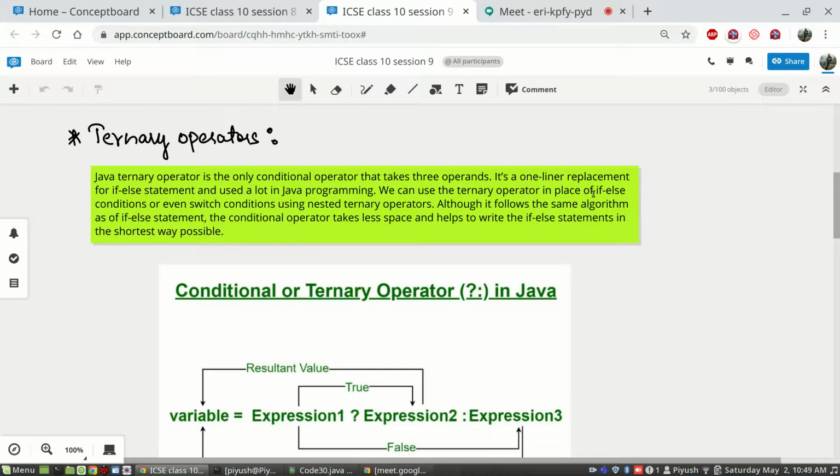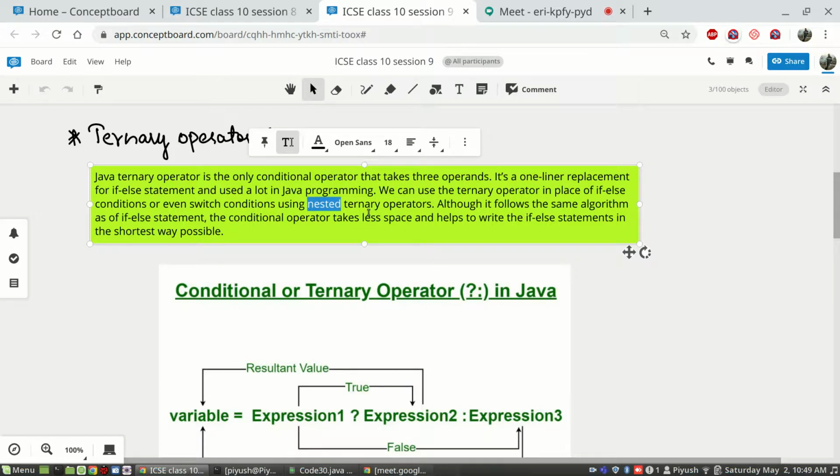We can use a ternary operator in place of if else conditions or even switch. Switch we have not seen, the next topic will be switch, or even switch conditions using nested ternary operators. What nested means we will go into shortly, don't worry about this nested thing, we'll learn.